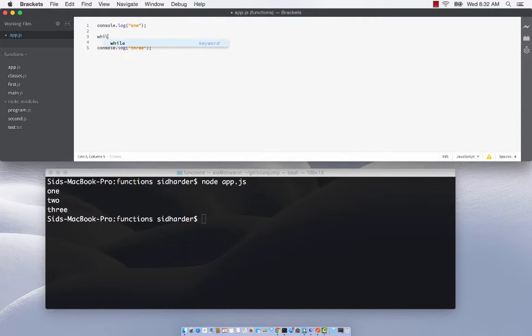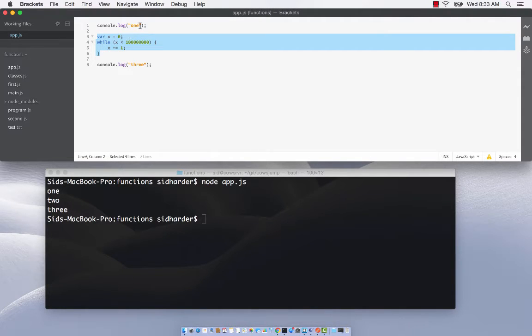Let's just say we have a while loop. Let's say we're going to run a while loop on a really big number. X is less than... I did that wrong. Let's just say that needs to be 0. And we're just going to say x plus equals 1. Okay, so basically we got a big loop here. That's going to loop a whole bunch of times. And this particular line of code is going to take some time. So let's kind of find a way to